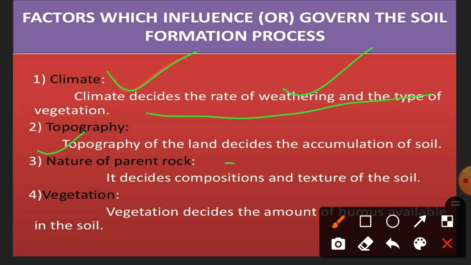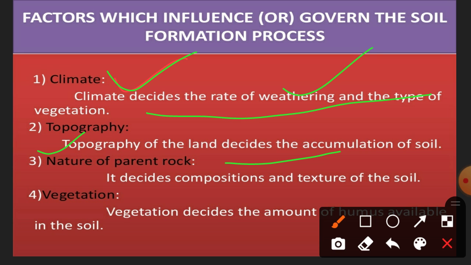Topography. Topography, the land, decides the accumulation of soil. If it is a mountainous area, the accumulation of soil is very little. If there is a plain surface, the accumulation of soil is very high, in a great strata or in a long depth. So as you can see, in the plain area there is a huge deposit of soil. We can find a huge layer or a thick layer of soil in comparison to the plateau or mountainous